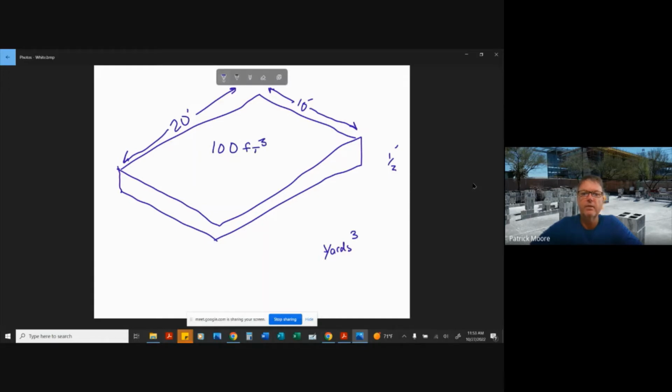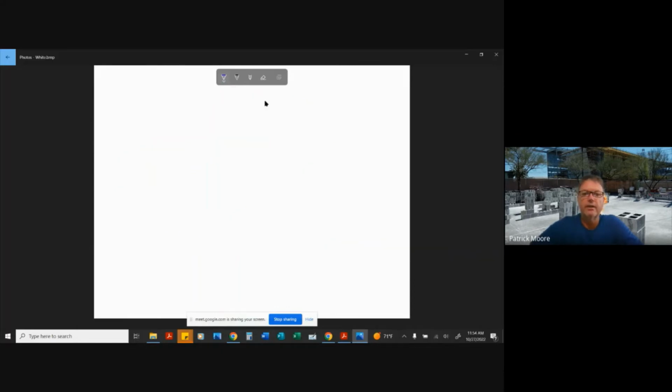And the reason it's 100 is because 20 times 1/2 times 10 is 100. And the reason it's feet cubed is because feet times feet times feet is feet cubed. So now we know that this slab is 100 cubic feet, but we want our answer in cubic yards. So how many cubic feet go into a cubic yard? A yard is 3 feet wide, 3 feet deep or long, and 3 feet high. So if you make this cube out,